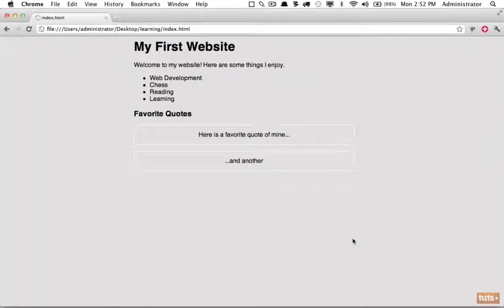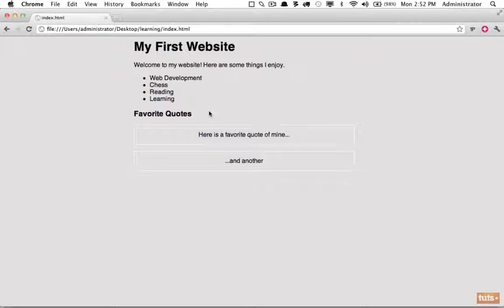A very, very simple website, but it'll test your knowledge of some of the HTML elements that we've learned here. So I'm not going to give you any hints here. Your job is to rebuild this from scratch in your own editor without seeing my source code first. But I'll give you a couple tips here.